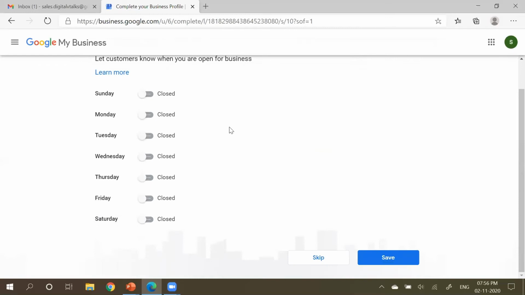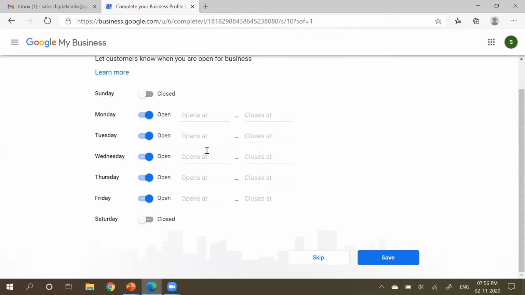Next is to select the business hours. So when is it that you're comfortable to take phone calls, any type of queries or feedback from people, and you're ready to respond? This is the time to specify at this particular stage.